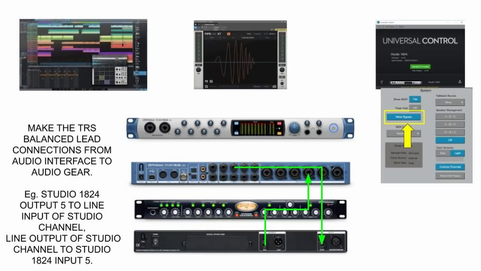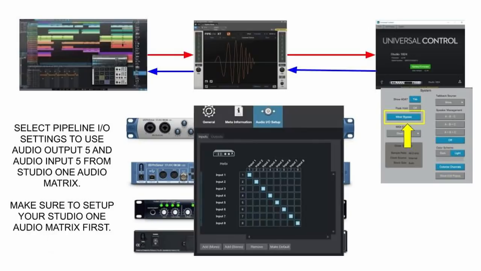Using the same input numbers and output numbers makes it easy to track and trace the audio routings. From our within song project settings or through Pipeline I/O settings, we can open up the Audio I/O setup and make sure that our input and output matrix is set up correctly. This will allow us to select input 5 and output 5 in our example of Studio 1824 for our pipeline